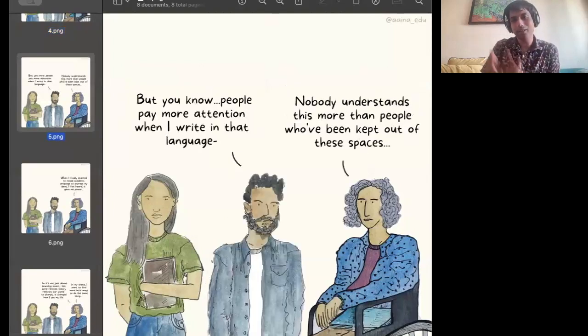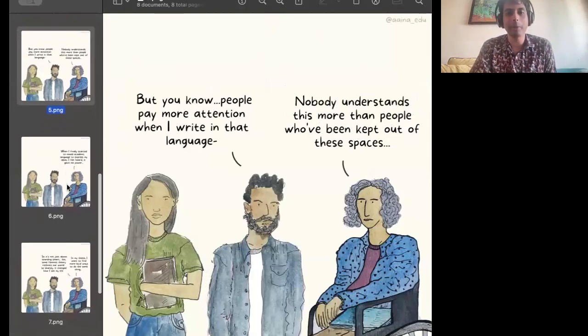And from here, I think the conversation shifts towards thinking of the relationship between academic language and holding power. The person in the middle says that people pay more attention when I write in this language, right? So that's a motivation to write in it. And the person on the right sort of complicates this, saying that nobody understands this more than people who have been kept out of these spaces,